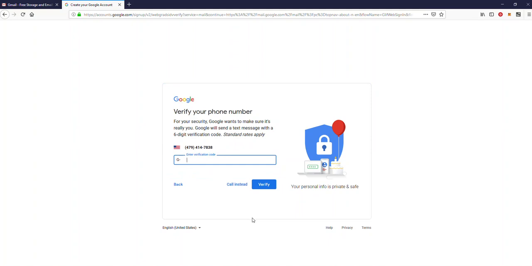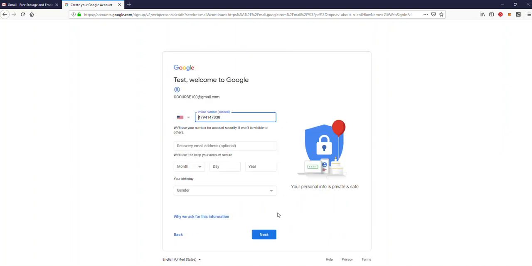My phone should now receive a text with the code, which I will put in here once I receive it. Secure it in case you have